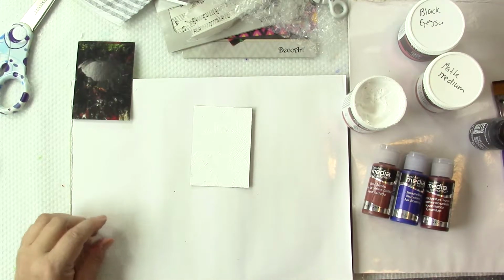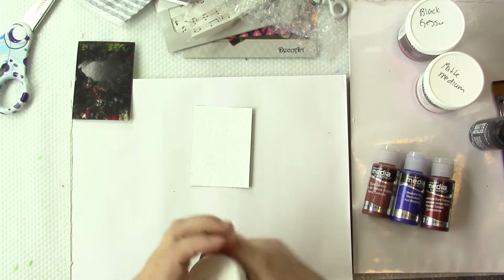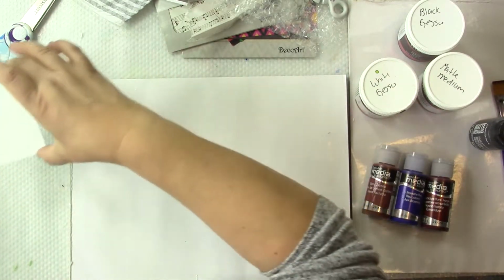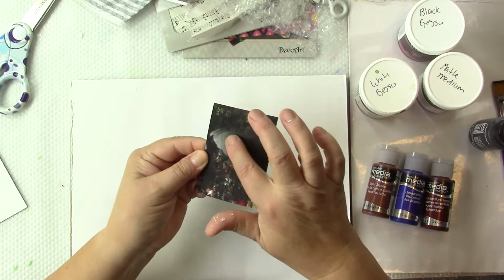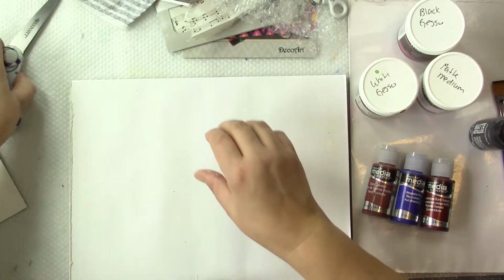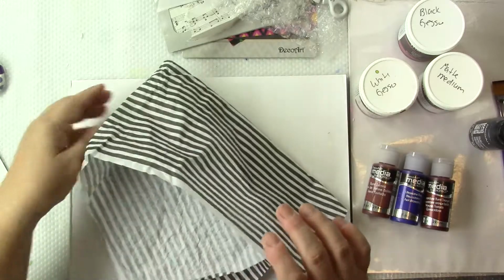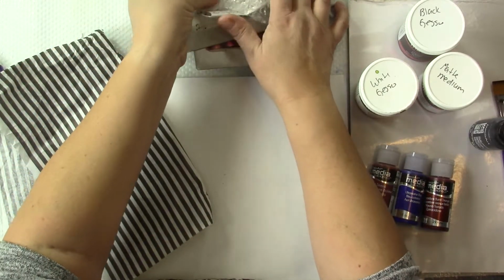Okay, so I'm just going to take that brush, put it in water, and we have to let that dry. While that's drying, I'm going to go over the other supplies. Oh, so here's the difference of using a matte gesso versus black paint. It's up to you, the finish you want. So for the paper,